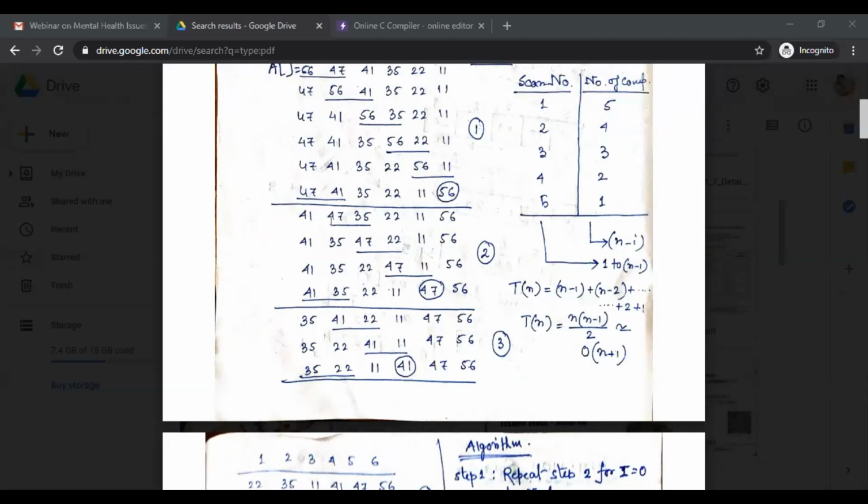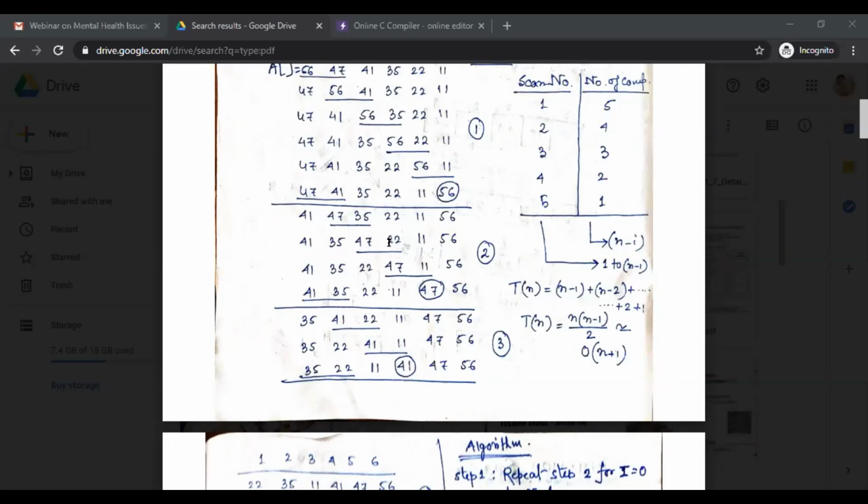Now, again 1 and 2 position. 47 is greater than 35, so it will interchange between them. 47 moves to the 35 place and 35 moves to the 47 place, and the remaining elements are the same.